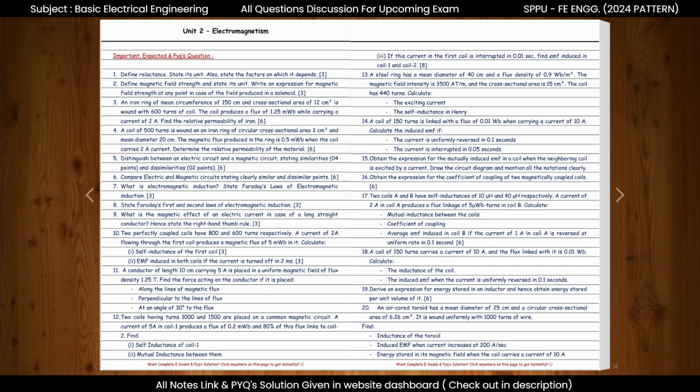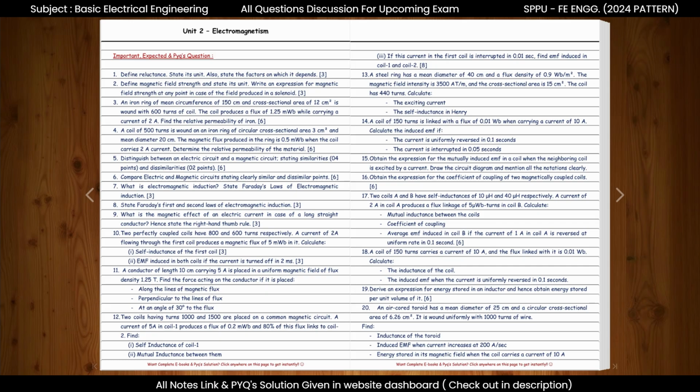Alright, let's move on to our next important topic, coils with given inductance. From this topic, we can expect questions such as, two coils A and B have self-inductance of 10 microhenry and 40 microhenry respectively. A current of 2 amperes in coil A produces a flux linkage of 5 microweber turns in